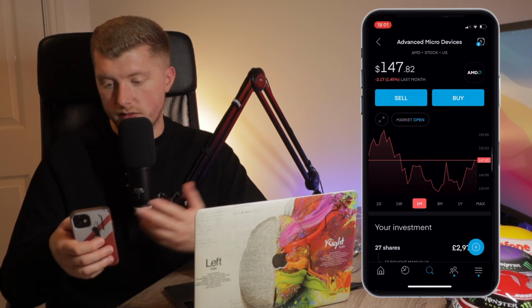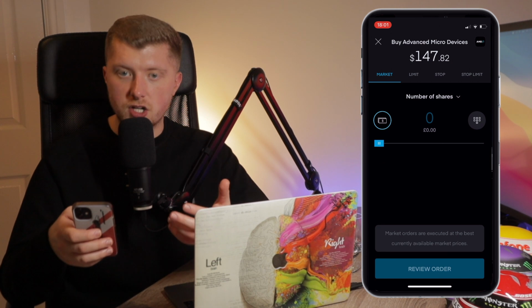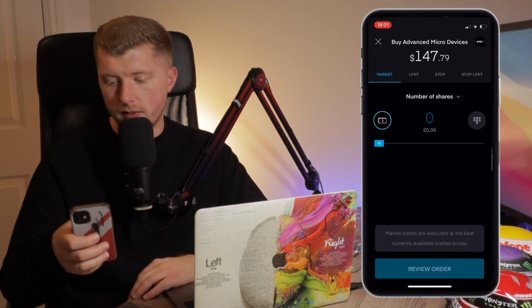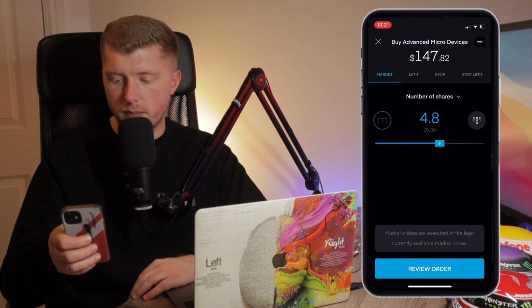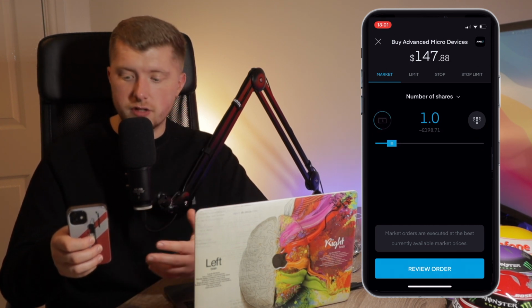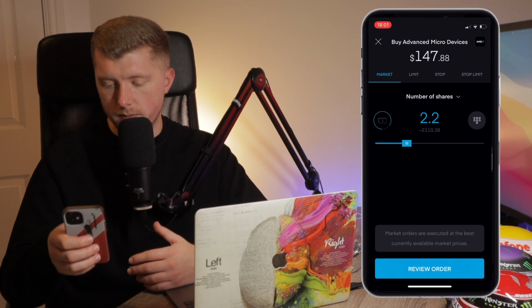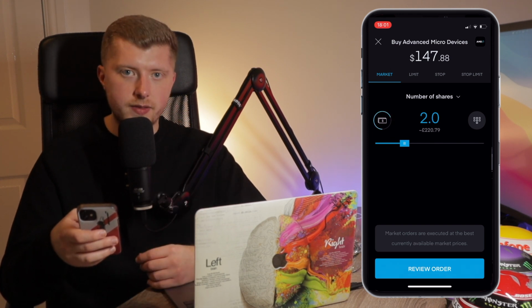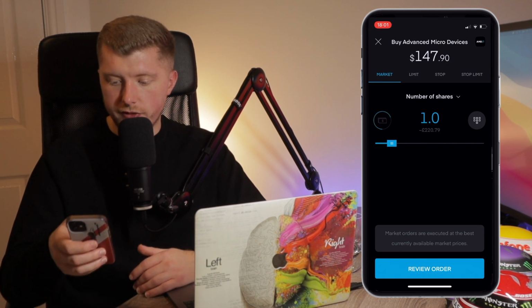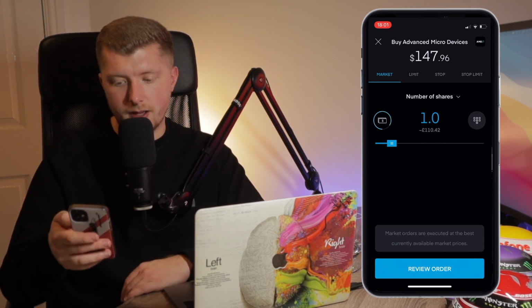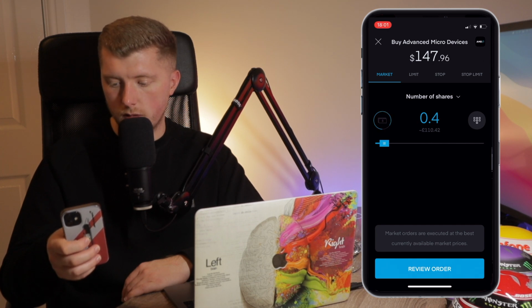But for now, just to give you guys an example, if I were to buy shares in AMD, you simply click on the buy button, and then you can scroll this little toggle all the way across to buy even a fraction of a share or one whole share. It really doesn't matter, which is another good thing about the app, is the fact that they do offer fractional shares. So if you didn't want to invest a full £110 into AMD, you perhaps could do